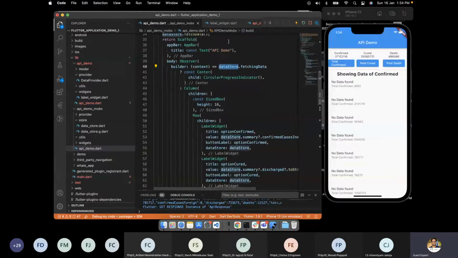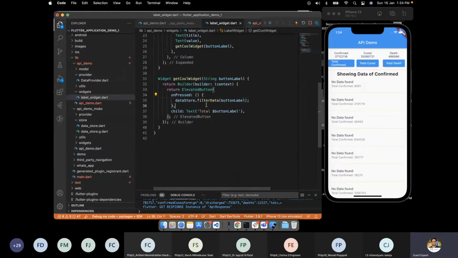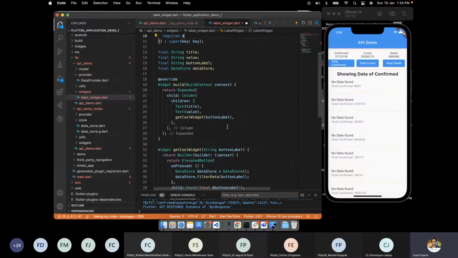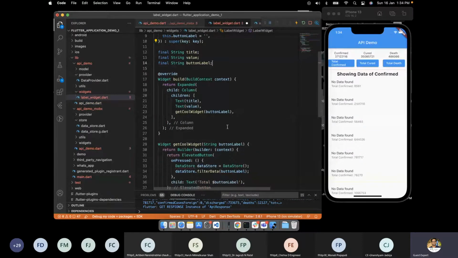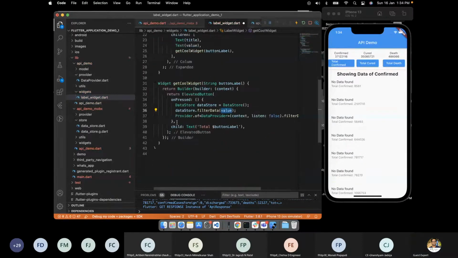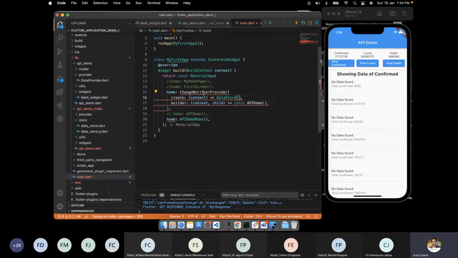We can directly use the code that we were using earlier, like provider.of, but here we will be getting the object of data store, if we have injected the code this way.